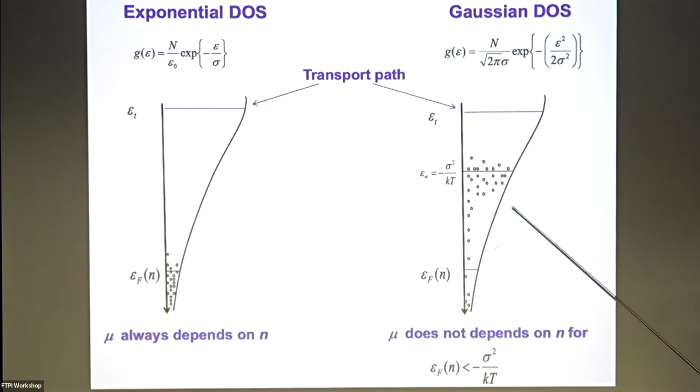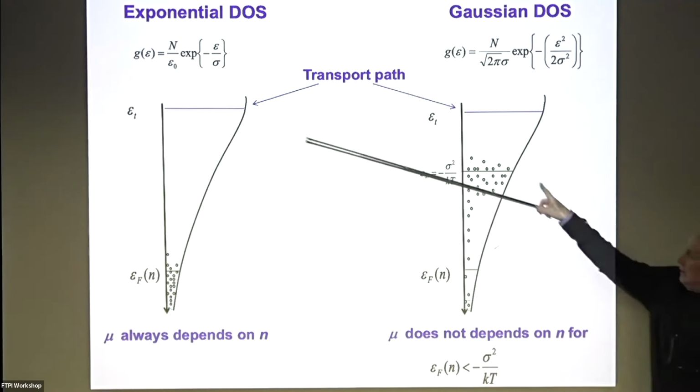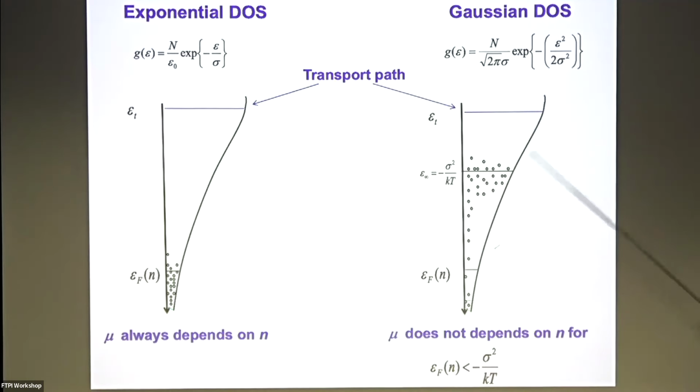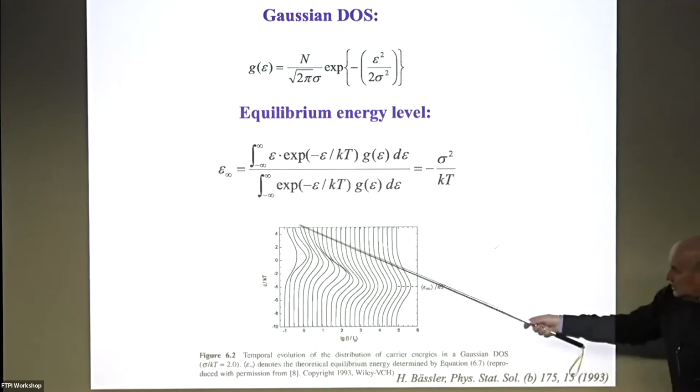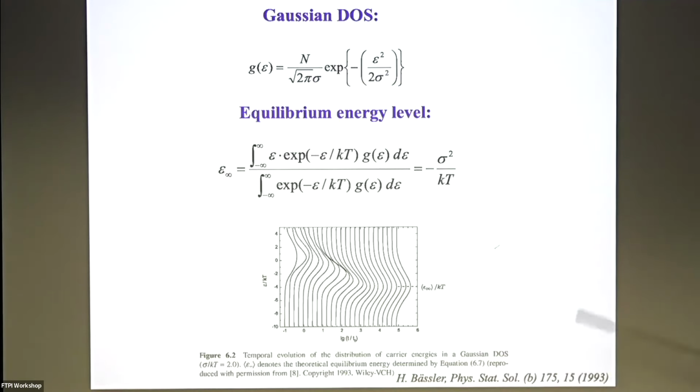The Gaussian density of states will have this thermalization energy, and as long as the Fermi level is far below this energy, electron mobility doesn't know anything about the concentration, because the important sites, remember, multiple trapping, and the average of times is governed by this energy, and these sites are very poorly populated. Electrons don't see each other. And this is not new, because it's also produced by computer simulations.